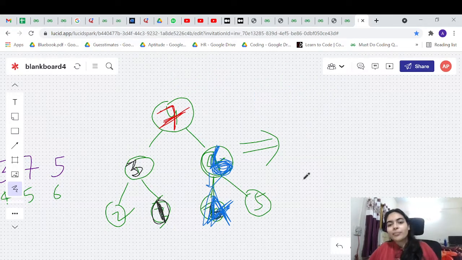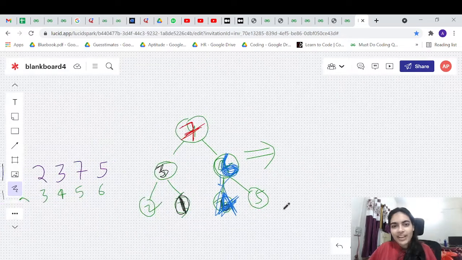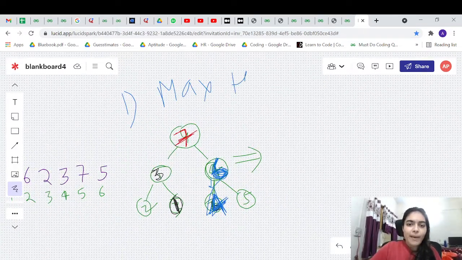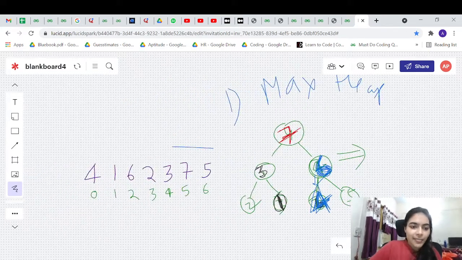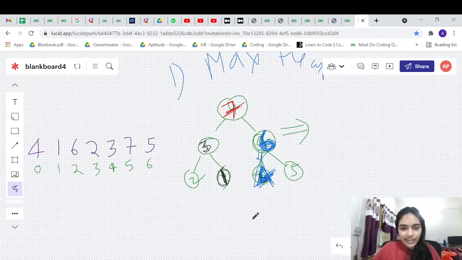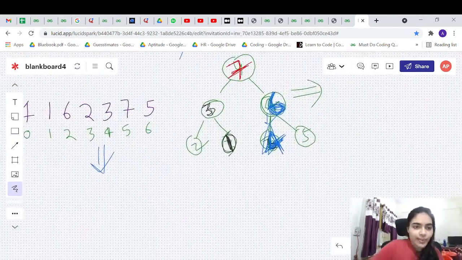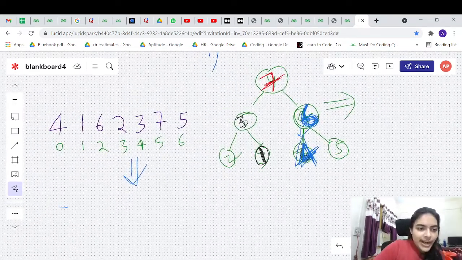Now why did we make this max heap? What did we get by making this max heap? What to do after making this max heap? We just saw the first part. We converted the array into a max heap. So what did this array become? The array was earlier like this. We made it into a max heap. So what did we change the array to? We changed the array to this part, right? So what is our array now?